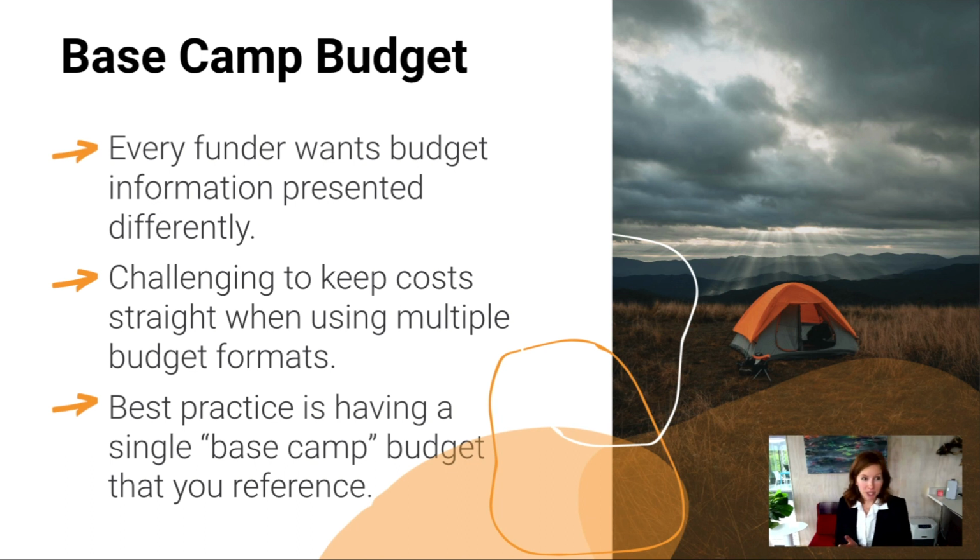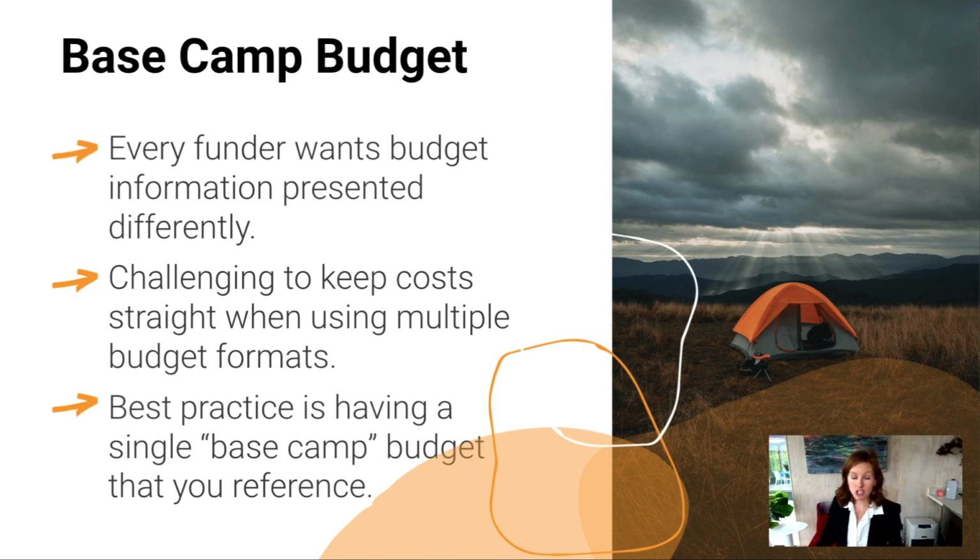Every funder pretty much wants budget information presented differently, and it can be very challenging to keep track of your costs when you've got multiple budget formats. So we recommend that you use the budget spreadsheet we just provided you as a base camp, right? It's your budget that you build for no matter what project you tackle. It's your base camp budget, right? It is where you reference when you then go and fill out other subsequent budget forms